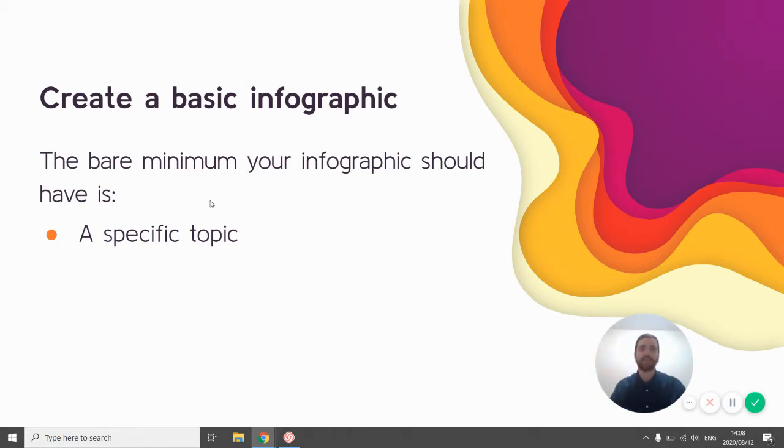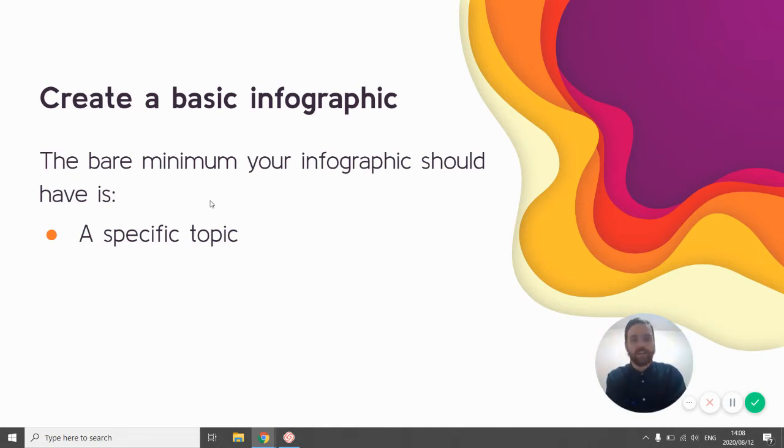If you're doing recycling, you're talking about why recycling is good, or the challenges to recycling, or how we need to recycle, or what we need to recycle, or what we shouldn't recycle. Those are specific things. So you've got your issue. I'd like you to narrow it down to one thing, and that's what your infographic is going to be around,